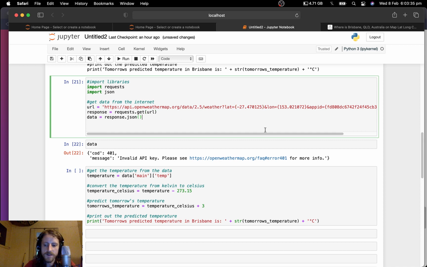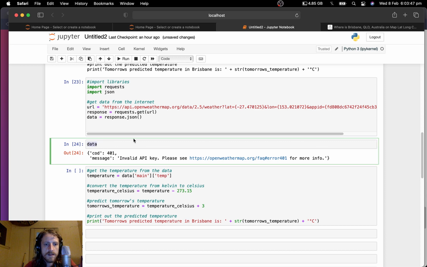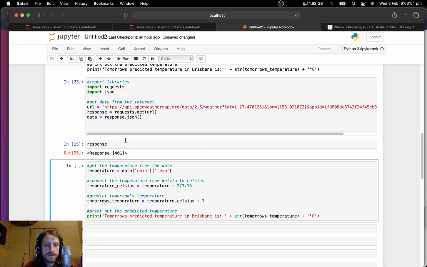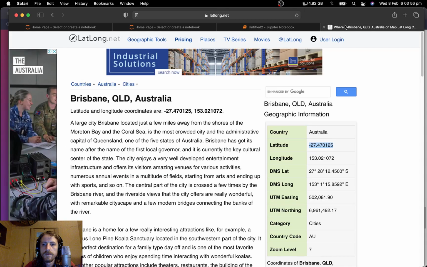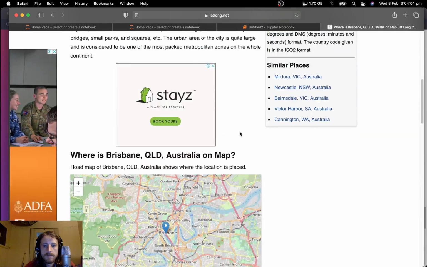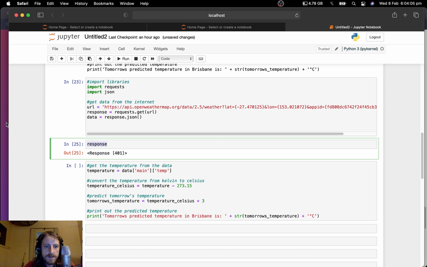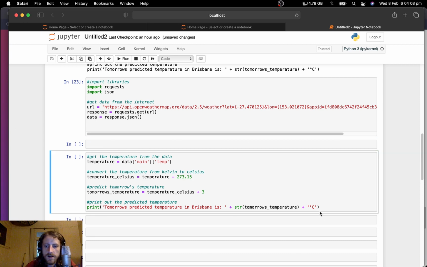I'm not getting my hopes up. Wow, it worked. No, invalid API key. Let's go response. See what the response is. 401. That's the invalid key. So maybe I do have to pay for it. It's just hard to get weather data in Australia. I don't know what they're trying to hide, but